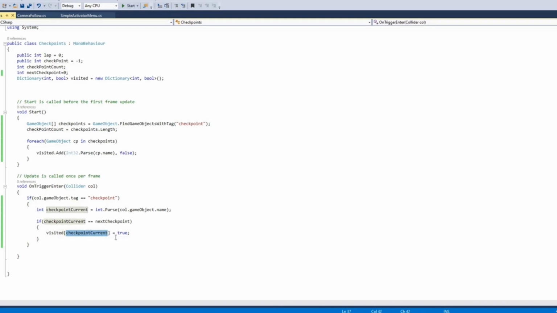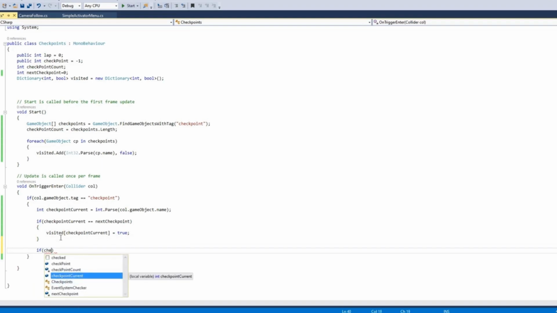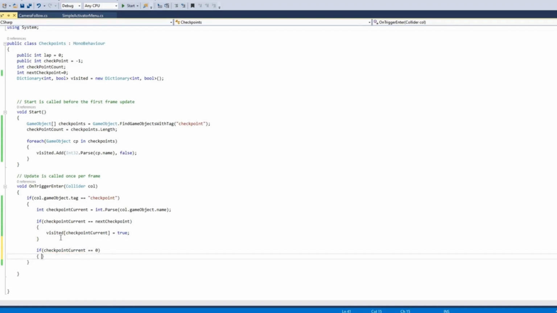And it will look inside the dictionary. If this key exists, then it will change its value to true. And next we will say if checkpointCurrent is equal to 0, first we will assign this checkpointCurrent to this checkpoint value.